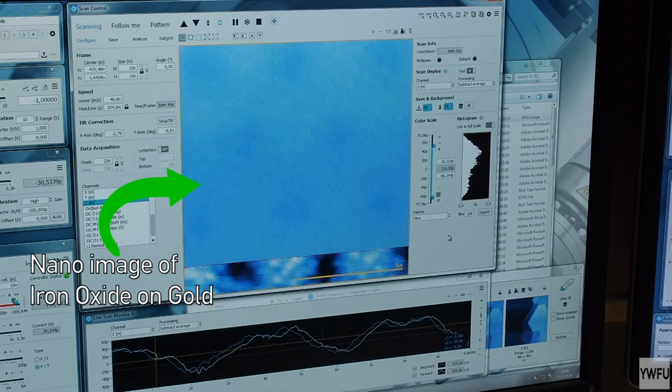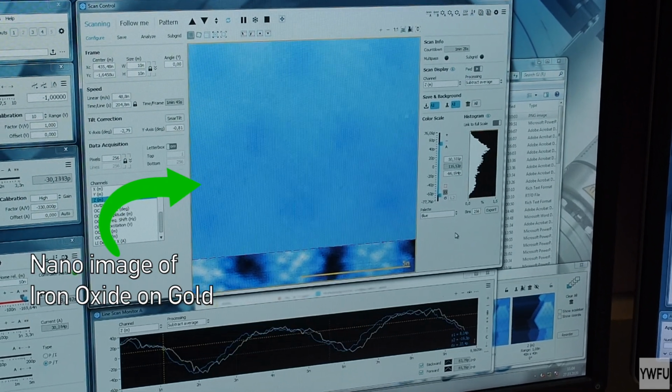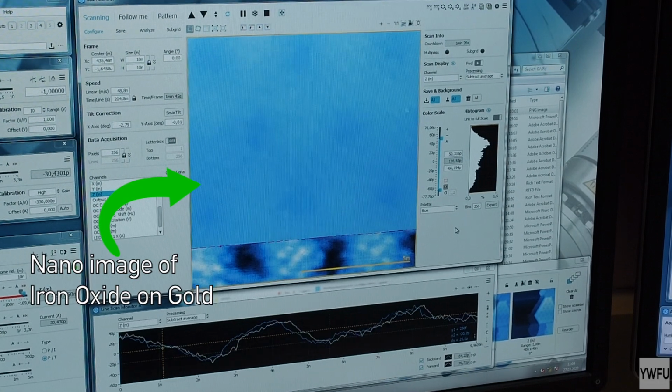The atom spacing is about 0.5 nanometers. So at 20 nanometers, you should be able to see